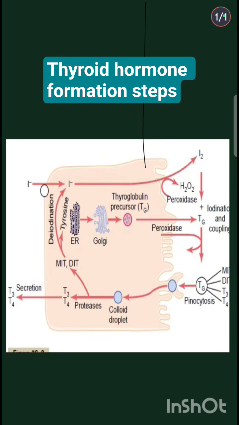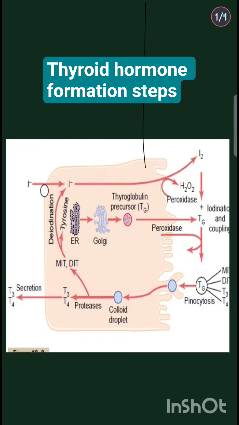Now this thyroglobulin is present inside the colloid, and it mainly consists of tyrosine amino acids, on which this oxidized iodine is going to attach. If one iodine attaches with the tyrosine residue on the thyroglobulin molecule, there is formation of MIT, that is monoiodotyrosine. If two molecules of the oxidized iodine attach on the tyrosine residue of the thyroglobulin molecule, then there is formation of DIT. This process of attachment of oxidized iodine with the tyrosine residues of thyroglobulin is called organification